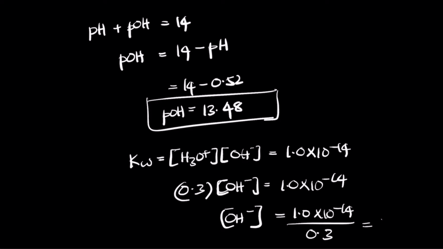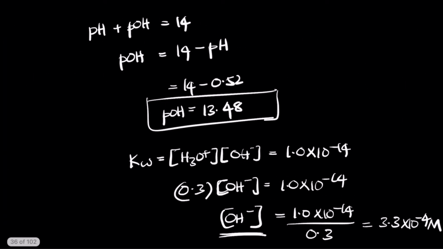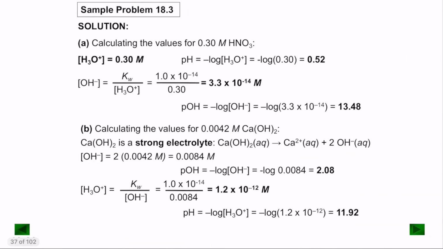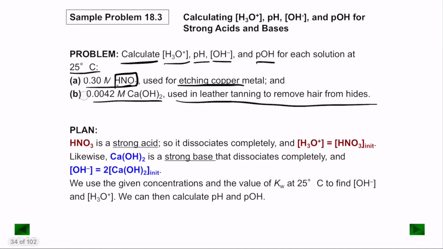So which gives you a value of 3.3 times 10 to the power negative 14 M. So this is the concentration of the OH minus ion. So we have found everything. We have found pH, H3O plus, pOH and OH minus. So next, in the next part of the problem, they have given us